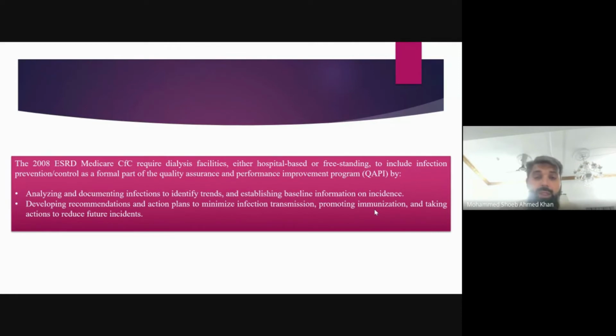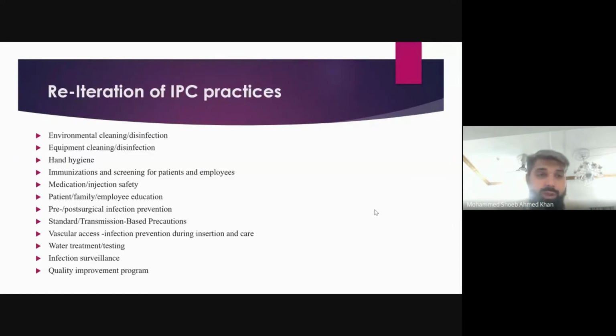And we should always encourage all dialysis patients to get immunized against preventable diseases and to prevent such issues in the future. Just to revise in short what we have covered very quickly: the environment cleaning, disinfection, equipment cleaning, hand hygiene, these are the most important thing. The first three are the most important thing. This is in our control, followed by